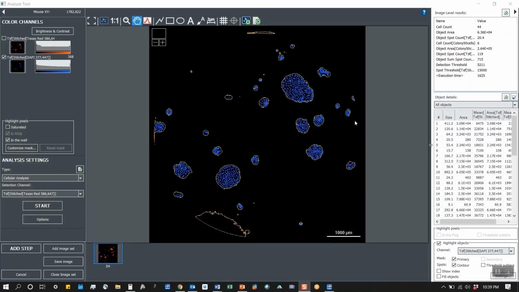Now, in order to view which objects or colonies have more than 50 cells, we can simply come down here, and if you want to visualize them a little easier, we can come down to our highlight objects and change some of the settings here. For example, if we click our settings tab,